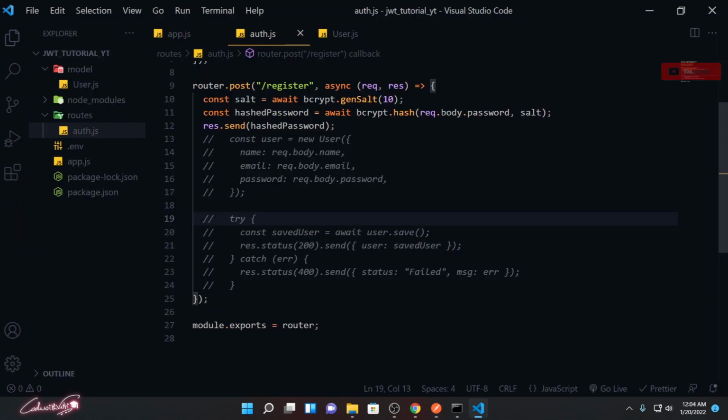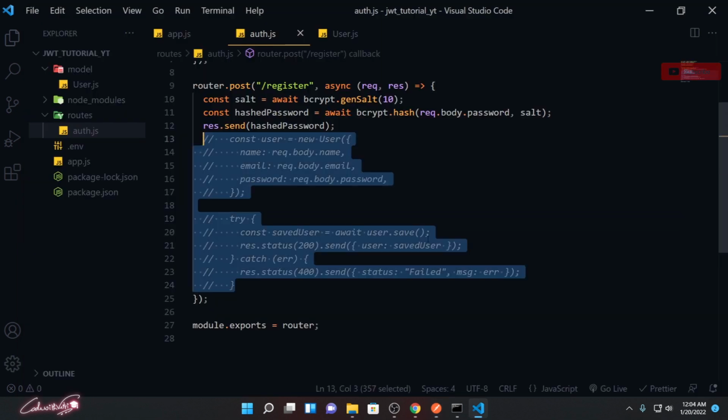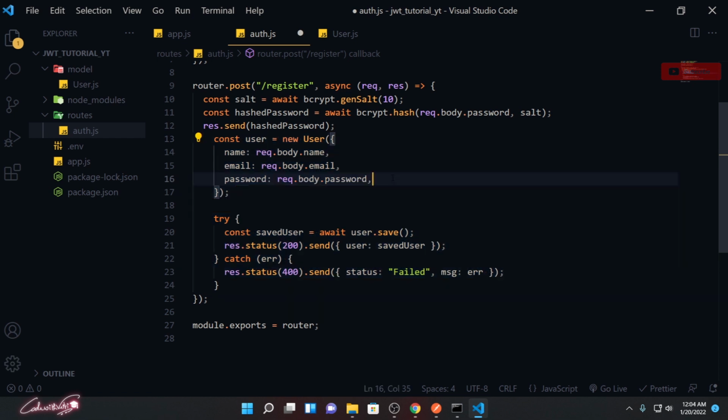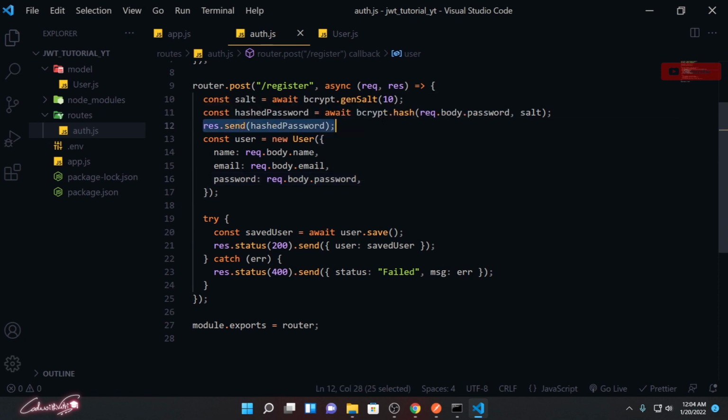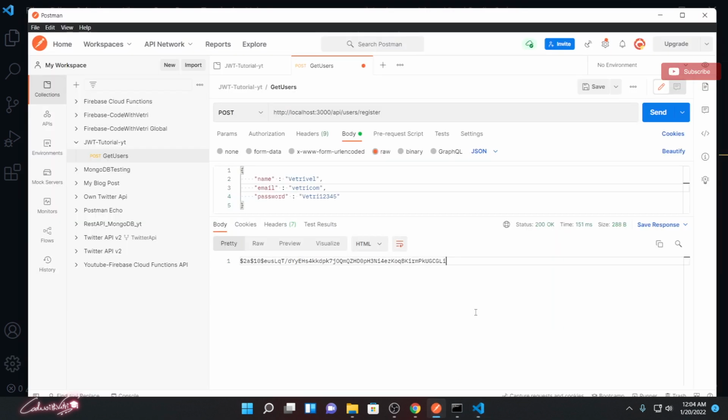Now I'm going to uncomment it, and instead of sending the password directly, I'm going to use the hashed password, because I'm not supposed to show the password. Let me save it and go here.